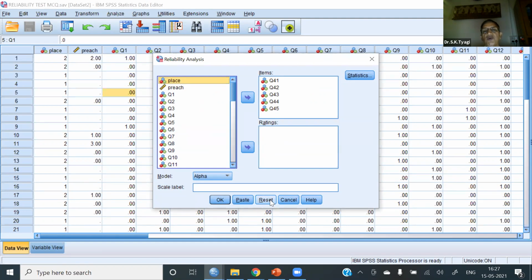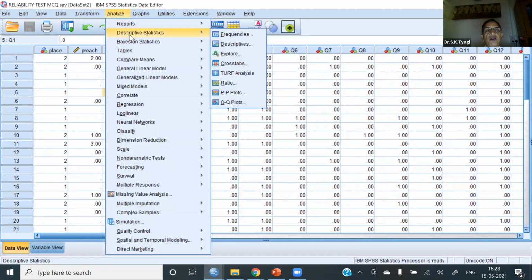We can also find out the reliability of the entire scale, of subscales, or of subtests. Suppose item 1, item 2, item 3, odd numbered items, form one subtest. Then we can calculate its reliability.